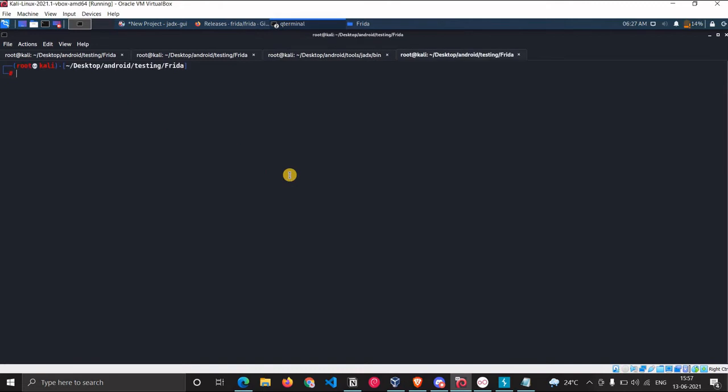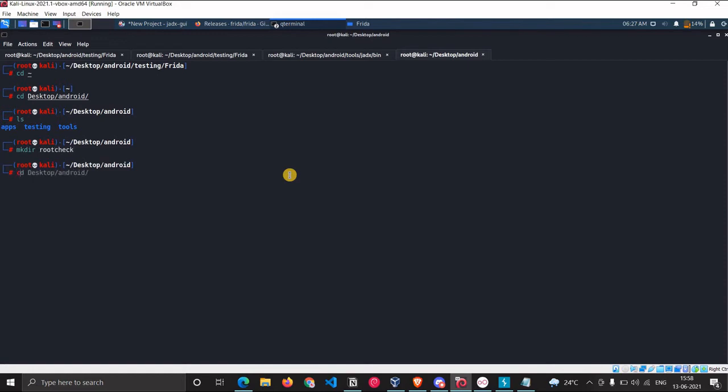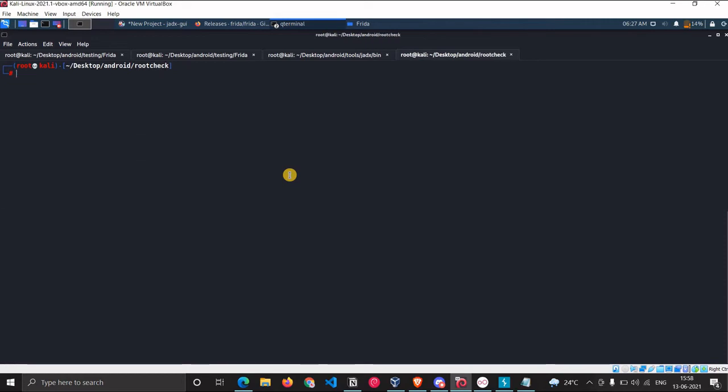Let me pull that particular binary into a folder. Say cd Desktop, Android, and let me make one directory there, say rootcheck.